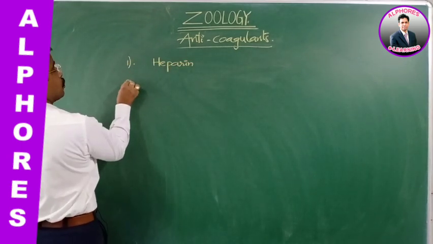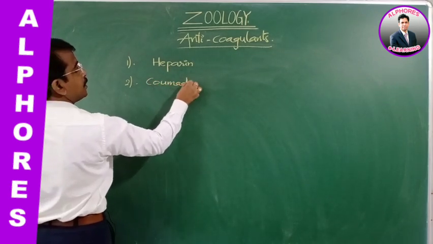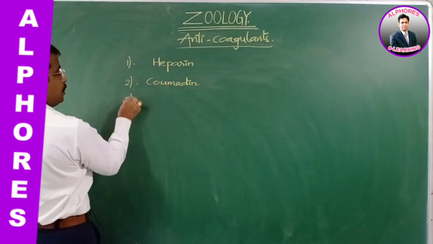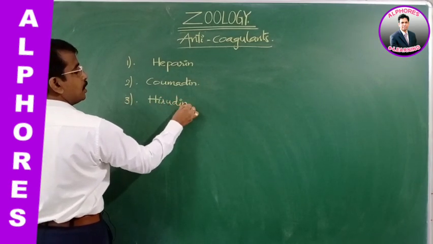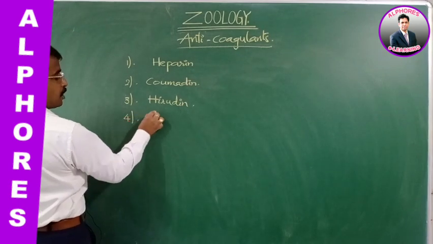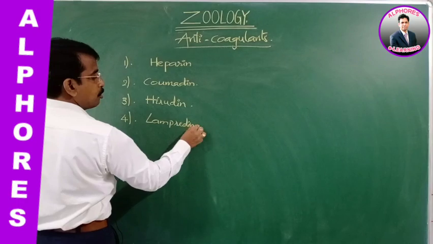Next, Coumadin, and Hirudin, and Lampredin. These are said to be the anticoagulants. I repeat,